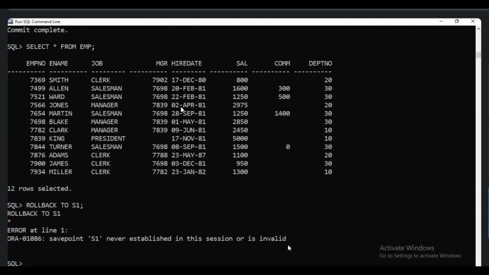So with the help of save points, we can remove records. With rollback to a save point, we can roll back a specific transaction, a specific save point's data. In practice, I will explain this in the next class. In save points, we can use not only delete, we can use insert, update, all those.